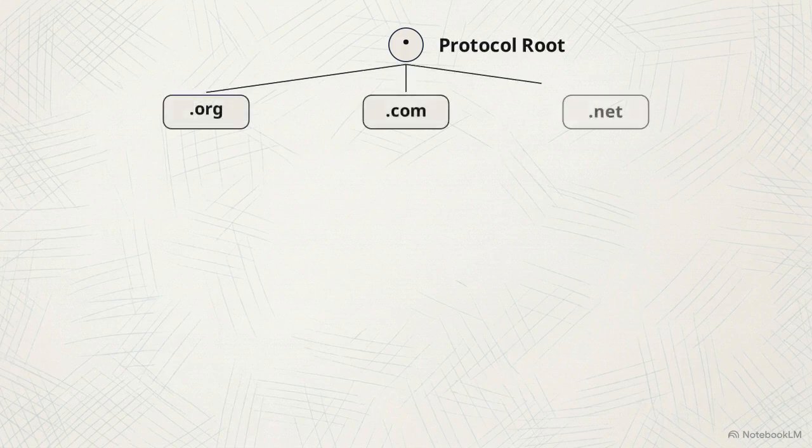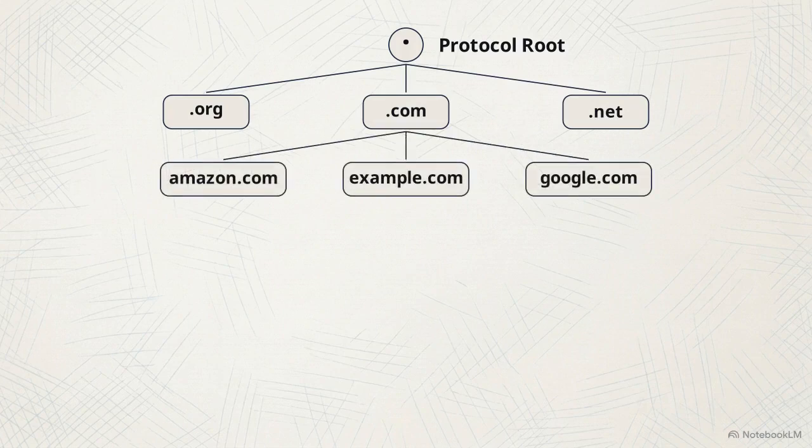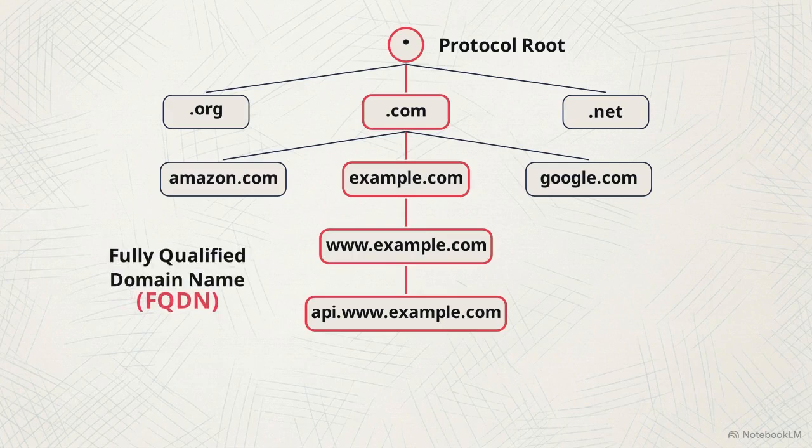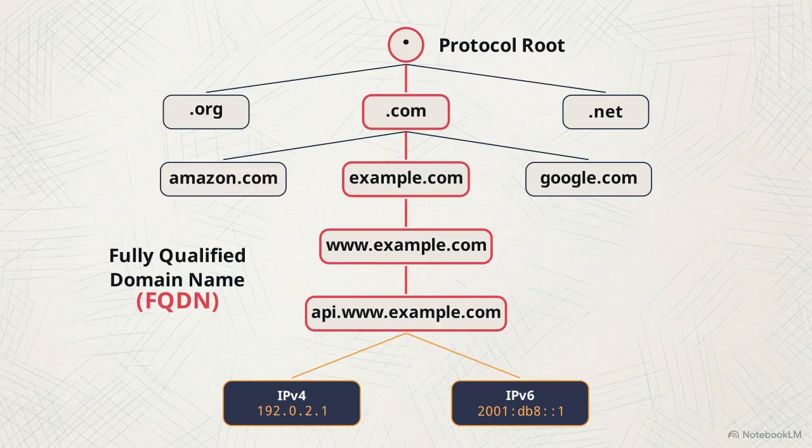This diagram maps the DNS hierarchical tree. The starting point is the protocol root, denoted by an implicit trailing dot. Moving left, the tree splits into top-level domains, such as .com. Below is the second-level domain, the uniquely registered name, like Amazon.com. Further down are subdomains. Together, these layers form a fully qualified domain name, or FQDN, providing the absolute path to